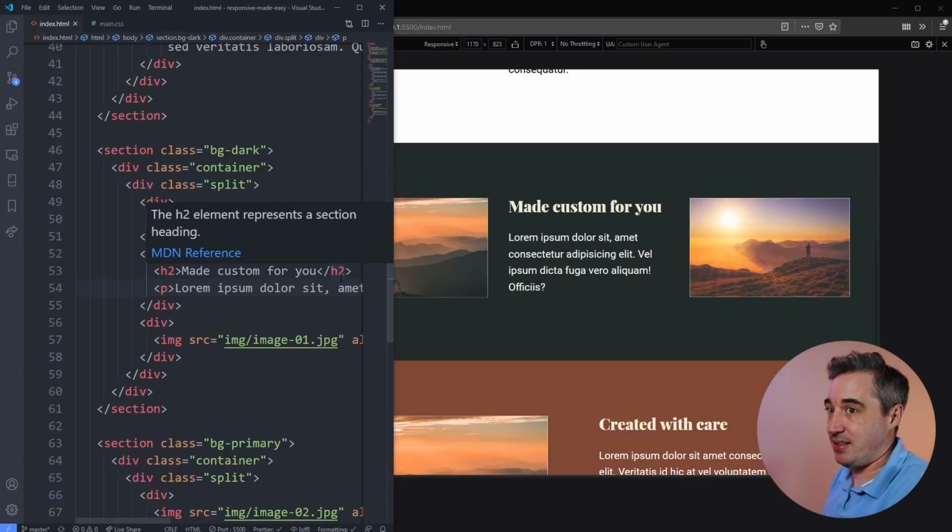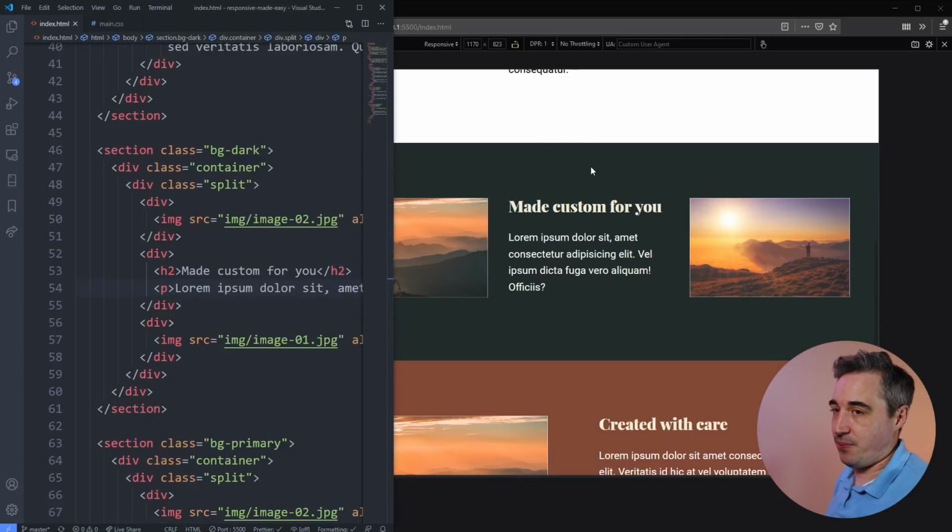And I really think the easiest way to always make any layout and any pattern and any design and any element that you're making is look at the HTML,